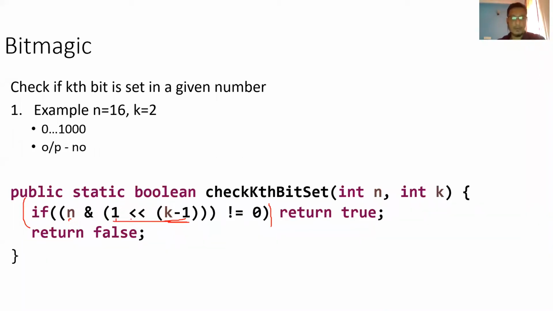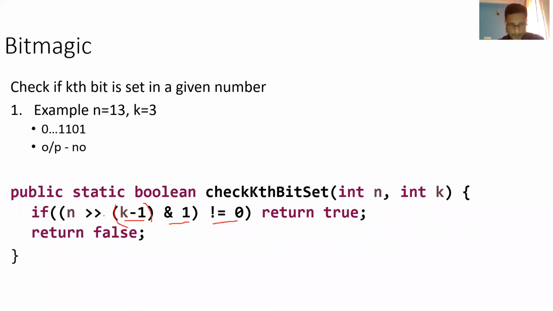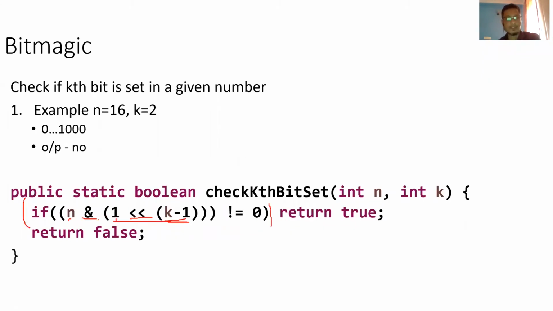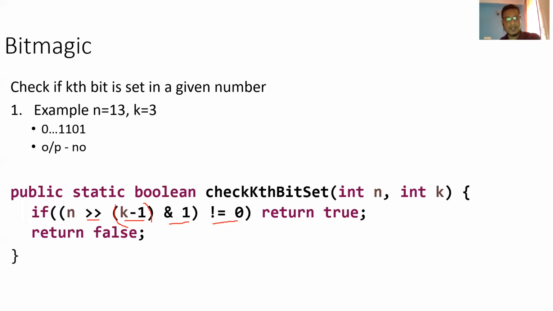Like I'm using two operators here. One is the left shift and the other is the AND operation. Similarly here also, in this case, I'm shifting that bit itself to the last position and then ANDing. So in the first case, I'm shifting the 1 to the position of the bit which I want to check whether it's set or not, and then ANDing with that. But in this case, that particular bit only I'm sending to the right. So both ways are possible. So these are the two possible ways you can do it.